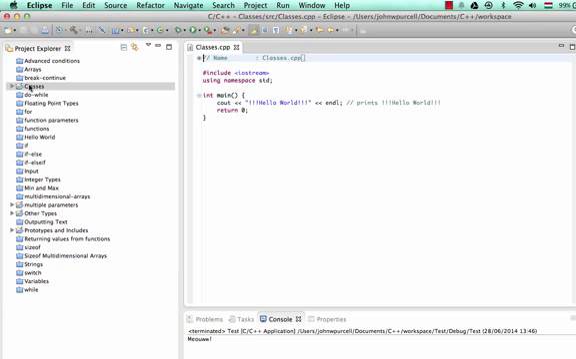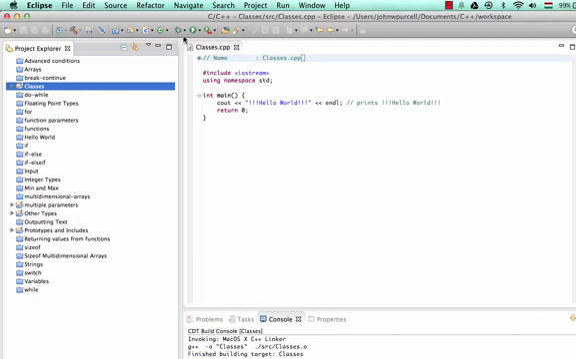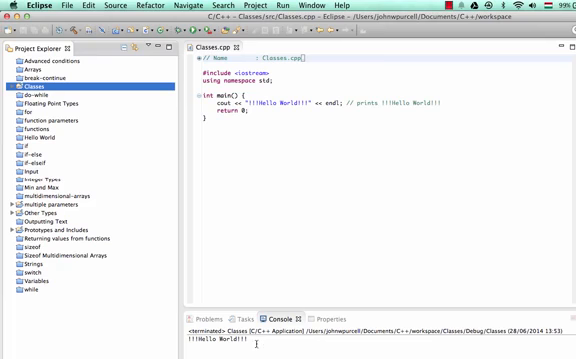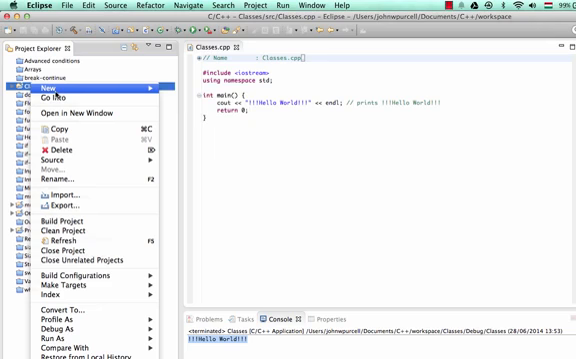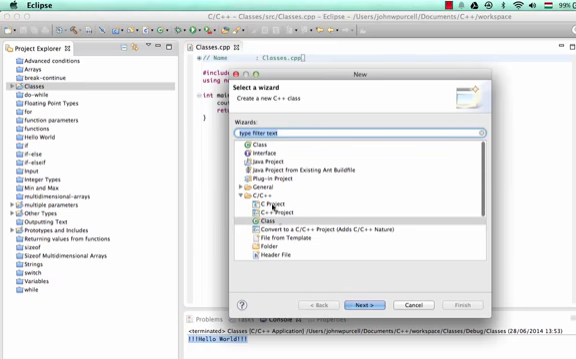So let's go ahead and create a simple class. I'm going to start by right-clicking the project. Well, let's actually just build it first and check that it works, because I always like to make sure that we're definitely starting with a working project. So it says Hello World, that's good. And I'm going to right-click the project and go to New, Other, and I'm going to select